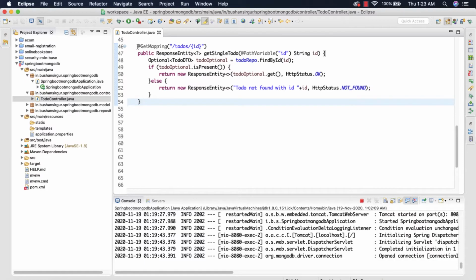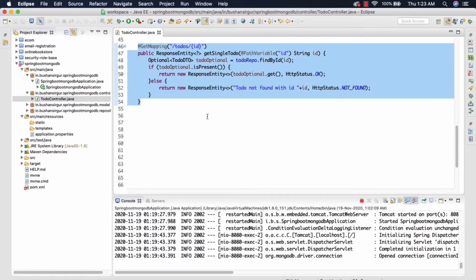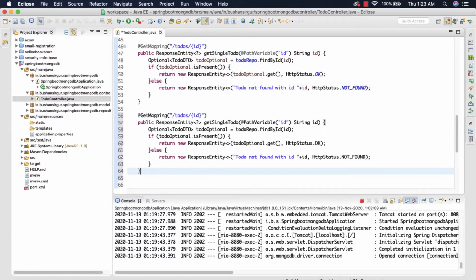So what I'll do is I'm going to copy the same method which we have created in the previous video. Let's copy this and paste it down, and I'm going to change the GetMapping to PutMapping because we're going to update the document.